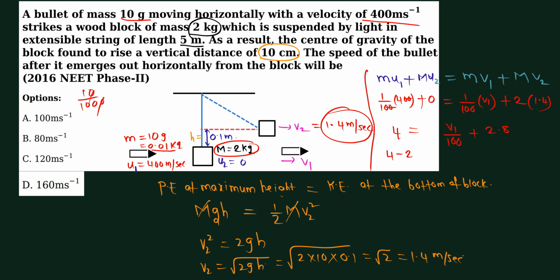So this 2.8 you take to this side: 4 minus 2.8 equals v1 by 100. 4 minus 2.8 is 1.2. So 1.2 equals v1 by 100, then v1 equals 1.2 into 100, which is 120 meter per second. That means the final velocity of the bullet